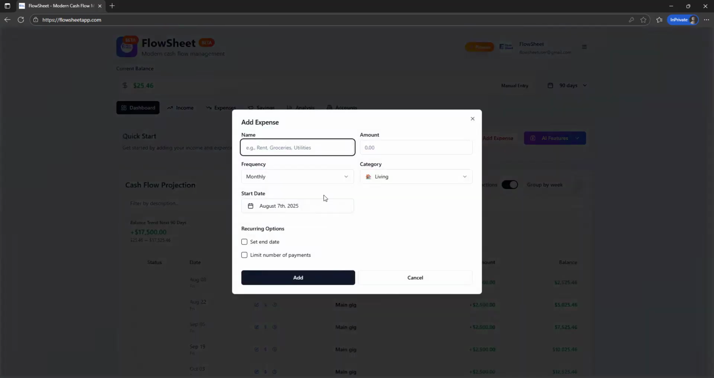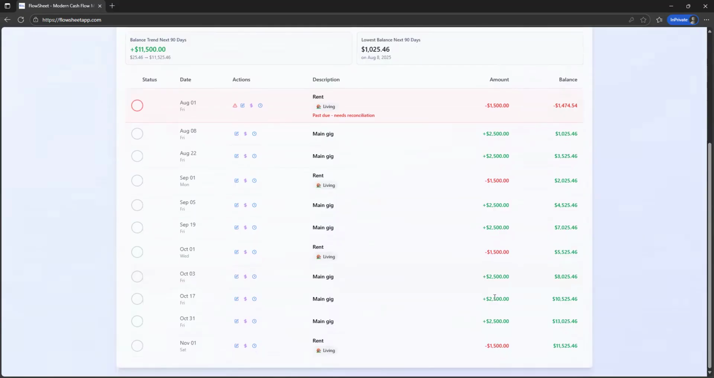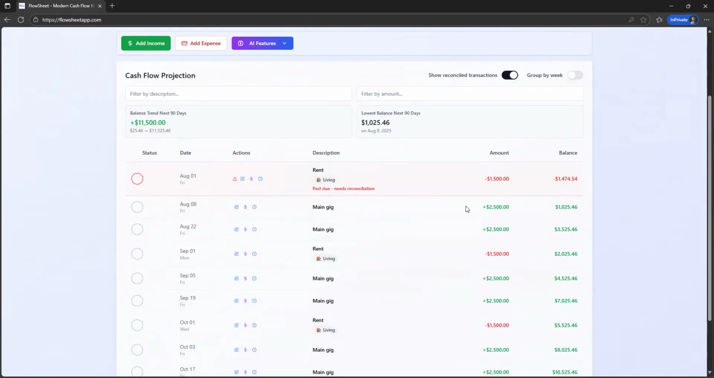Let's just say rent, and let's say it's $1,500 a month, right? And let's say it was due on the first of this month. So we're gonna click that. We're gonna click add. You can see rent shows up monthly. And you can see that already this needs reconciliation because Flowsheet is expecting that to have come through your bank